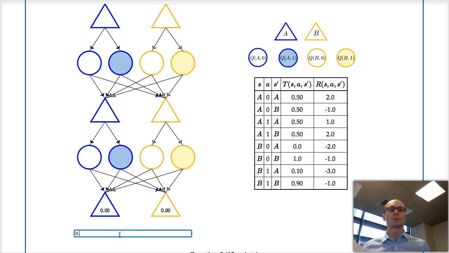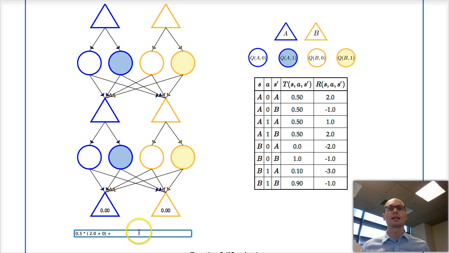So we have 0.5 times 2.0. And there's no discounting here, so plus gamma, which is 1, times the value at the next state, which is A,